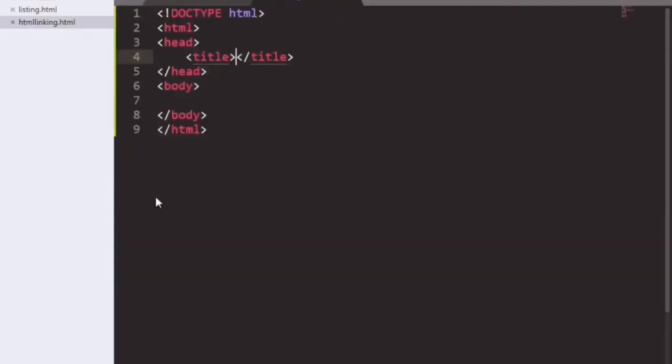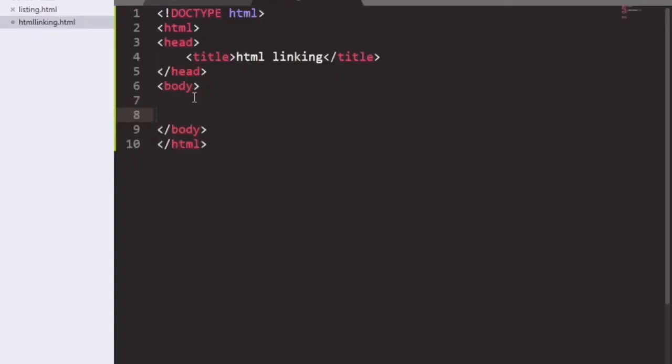So the file has been saved, and after that we will write our whole HTML tag. In title we will write HTML linking, that would be our title. And after that we will enter our body.